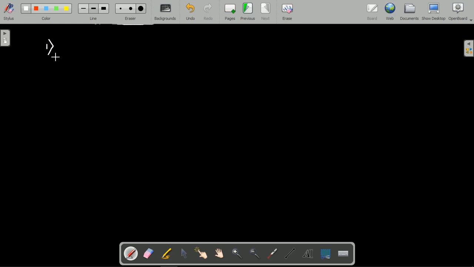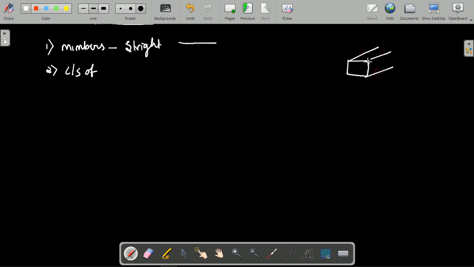The members are straight. Whatever members in a truss we are considering, those members are straight. So there is no undulation. Whatever members we are using are straight here. And the cross section of the member is uniform. What is the cross section of a member? If you are using a beam of one size, then throughout the connection the size is the same. So if it is 100, it stays 100. That is, the cross section of the member is considered the same. That is another assumption.